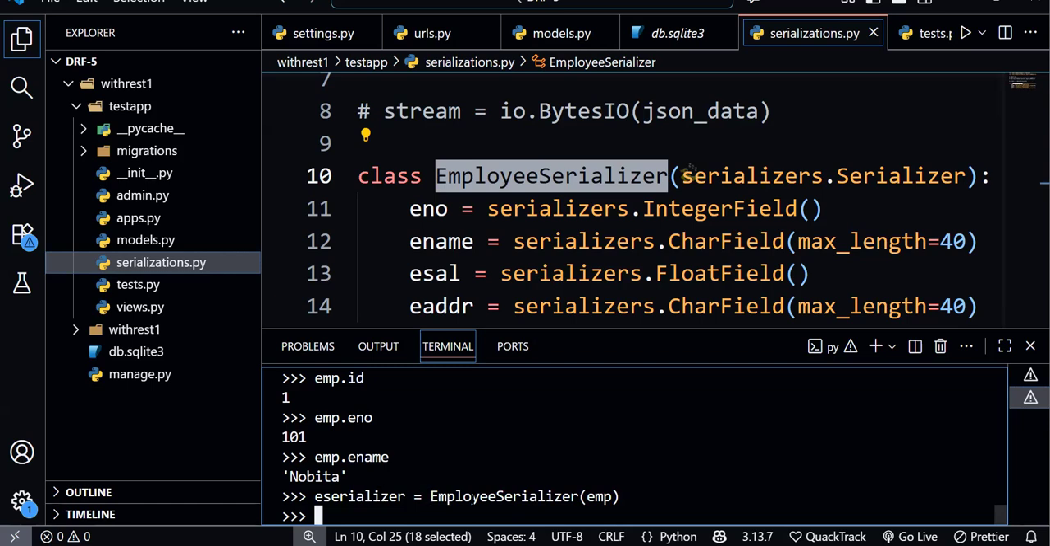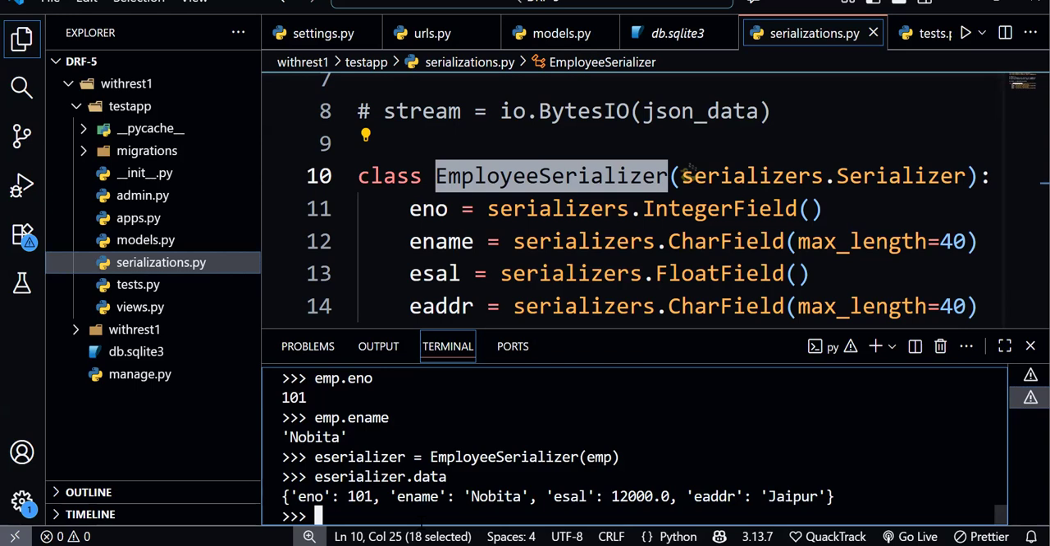Now we have one predefined attribute in eSerializer. First of all, let's write eSerializer. We have one attribute called data. If you write here .data, you will get the data in the form of a dictionary. So you are getting this data in the form of a dictionary, but